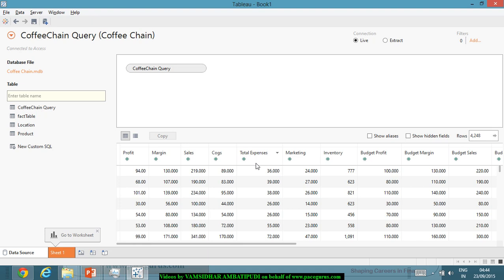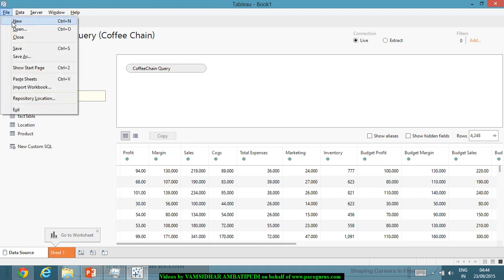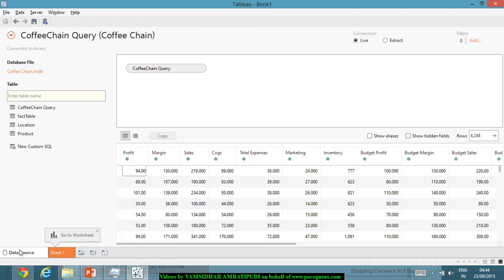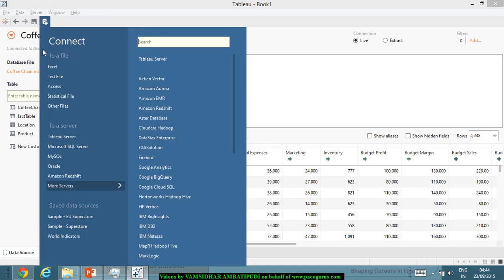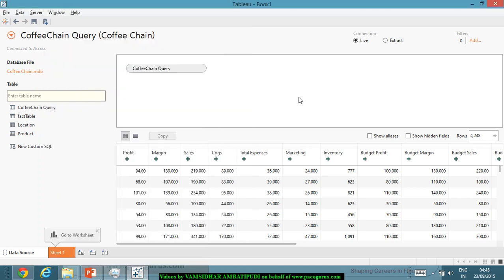Now, what has happened here? This was my data connection screen of Tableau. Once I've chosen a new data source, this is the kind of data connection screen that I'm getting in Tableau. So visually I would be able to create a connection to the different data sources. Now, just for simplicity,